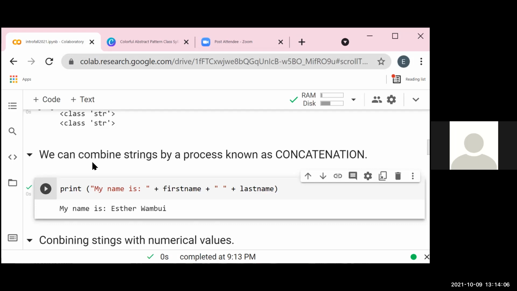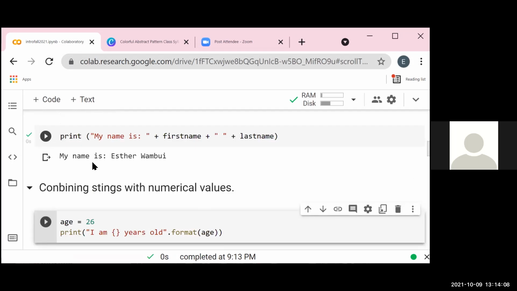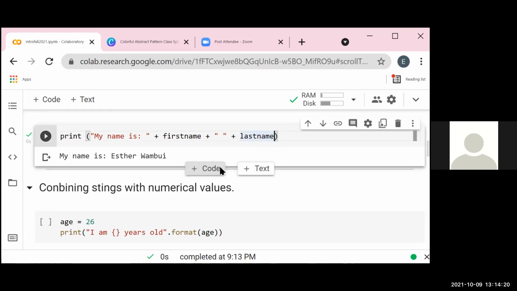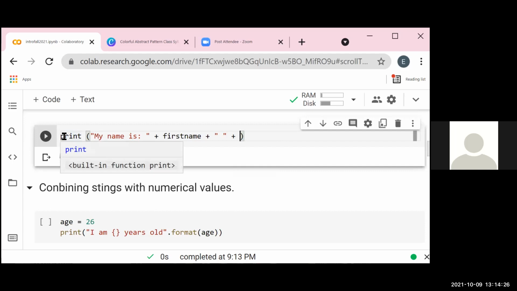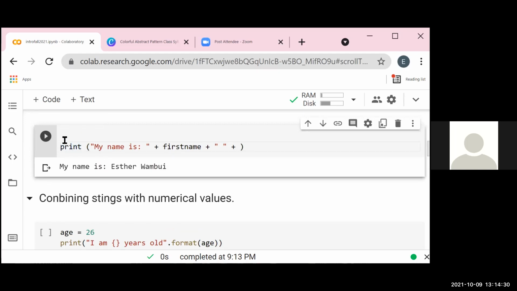One thing that we cannot do is this. If you try and run this, instead of writing first name, let me change this and say we have a variable called age.